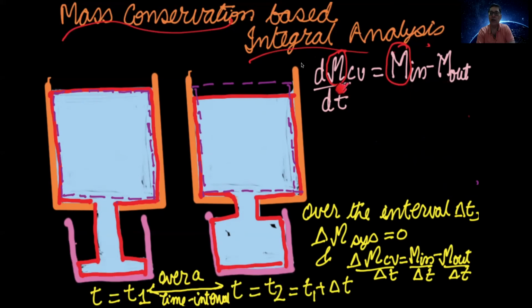Note that there are two m's shown here. This m, I'll call a curly m or curved m, and this m I will call a straight m. Note that both are in capital letters. I'll be using this symbol throughout this lecture series. So note the difference between the capital M; I'll be using two types of capital M. This curly M will represent mass and the straight M will represent mass flow rate. Note that on the left hand side here is the time derivative of mass. On the right hand side, you do not have a derivative, but the term itself is mass flow rate.